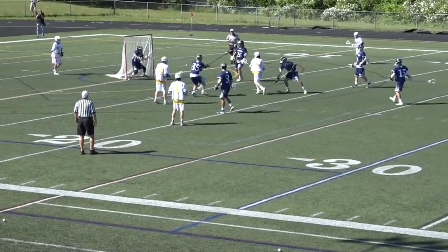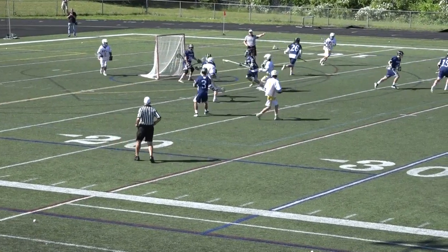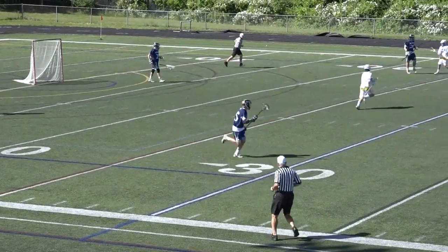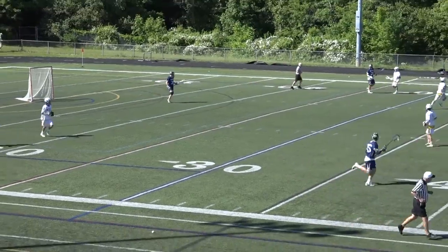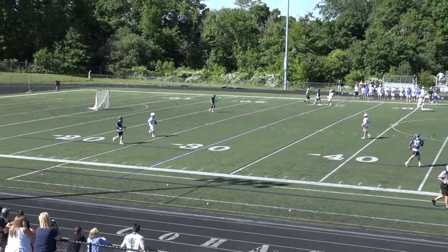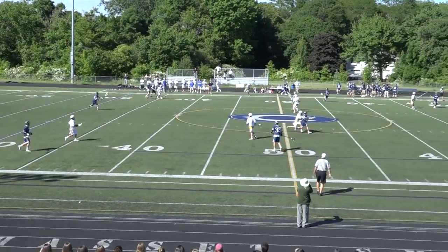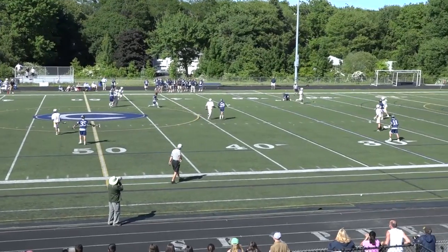And there they go. Nice save by Victor. It's so important for goalkeepers to make those first few saves to get their confidence up, especially for a freshman playing in his 3rd tournament game. And he's looked solid so far. Nice pass. Oh, mishandled by